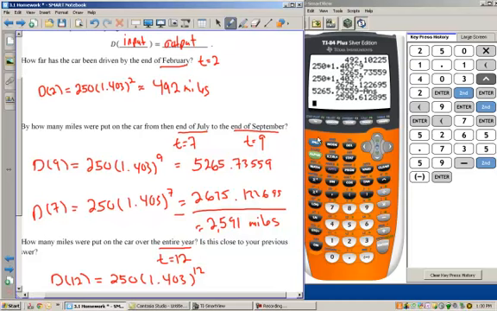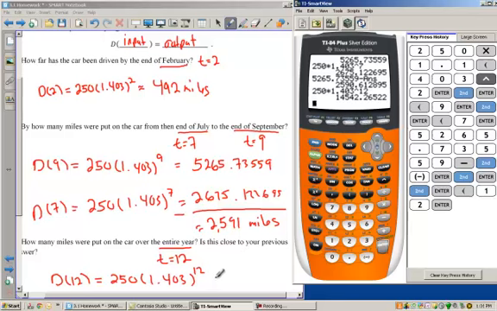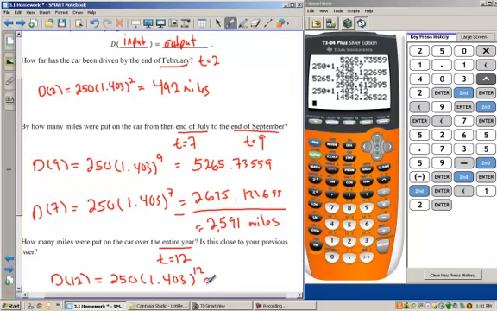I can put this into my calculator again. I'll hit second enter, and second enter again, pull up the one before that, and replace the 7 with a 12. I hit enter, and I get my answer of approximately, rounding again to the nearest mile, 14,542